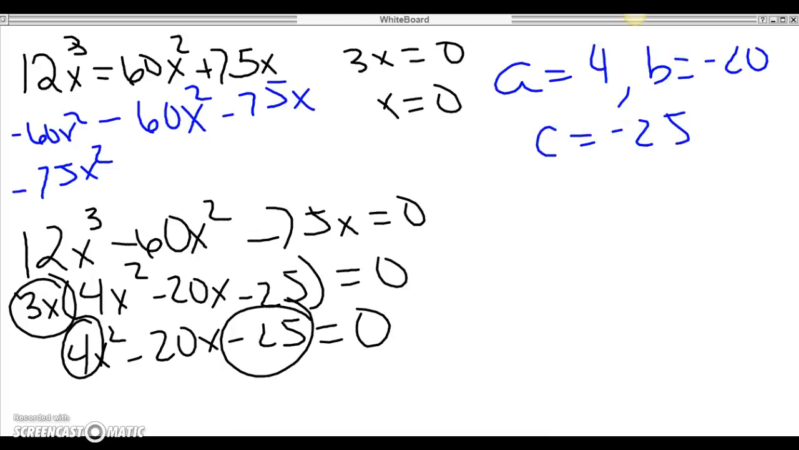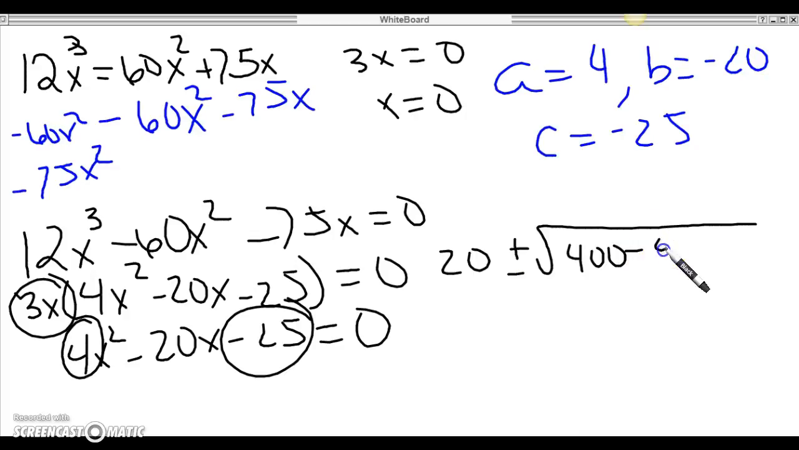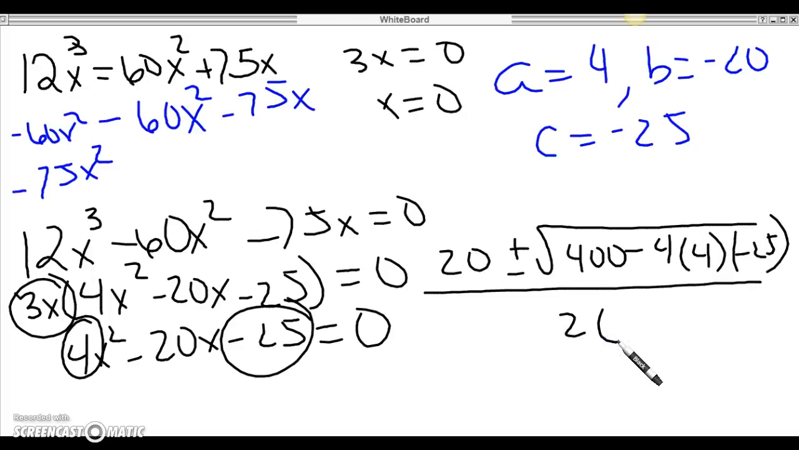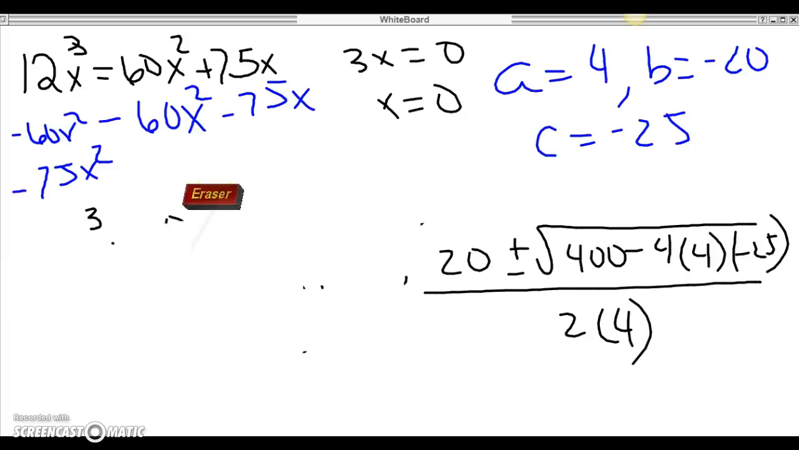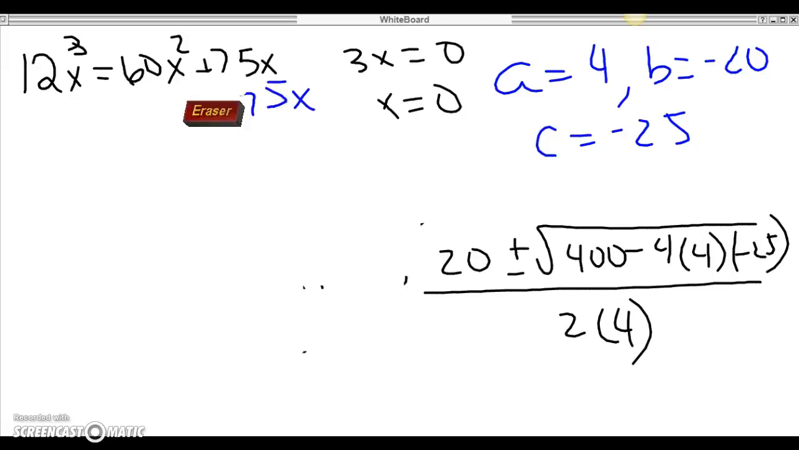So I plug it in, and I get negative b, which is positive 20, plus or minus the square root of 20 squared, which is 400, minus 4 times my a, which is 4, times my c, which is negative 25, all over 2 times a, which is 4. Okay, I'm going to erase some of this because I've run out of space. All right, so we just put an equal sign there, and I get 20 plus or minus the square root